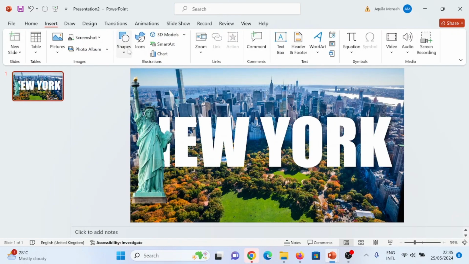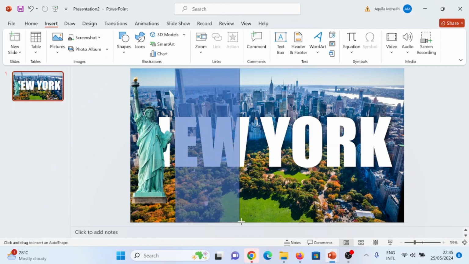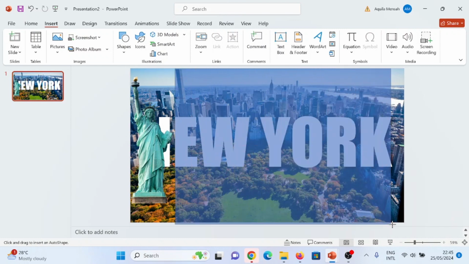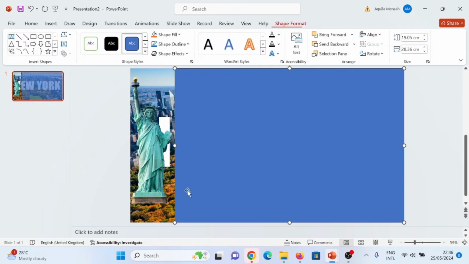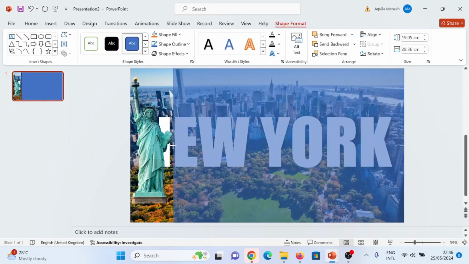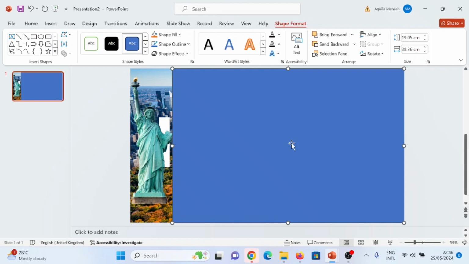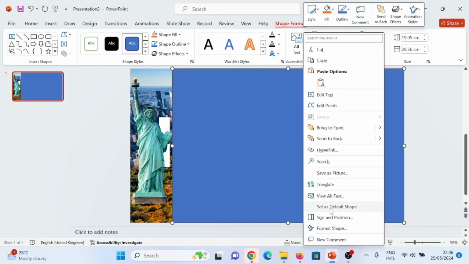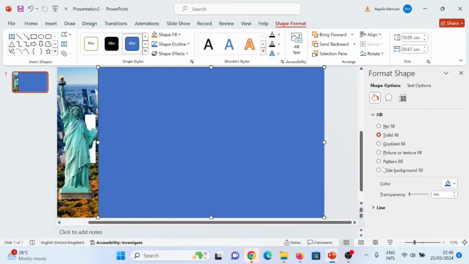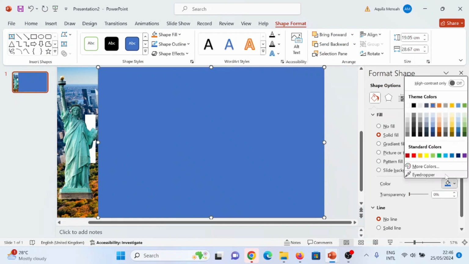Go to Insert, choose a rectangle and draw it. Draw it to fill your slide like this. Right click and choose Format Shapes. Click on Line, No Line, and go to Color and select